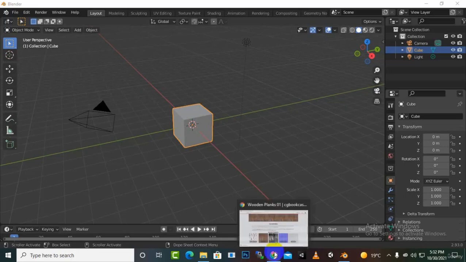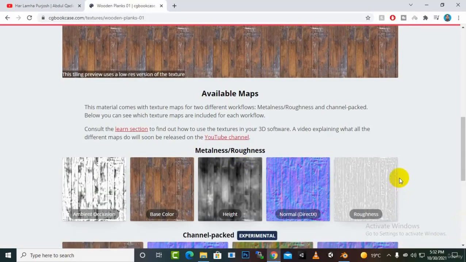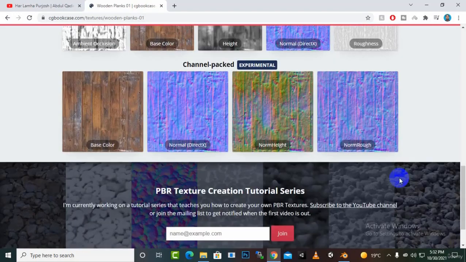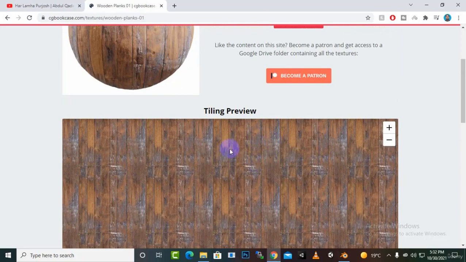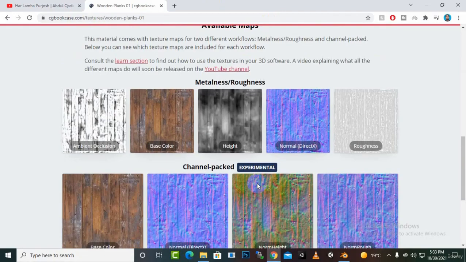Hello everybody, welcome back. In this video we are going to create a wooden table, and for that I have just chosen this material from cgbookcase.com. This is the place where you can download the materials for free. You will also find some other places from where you can download your desired materials, and after downloading